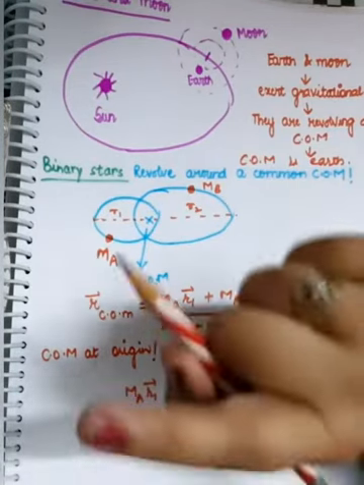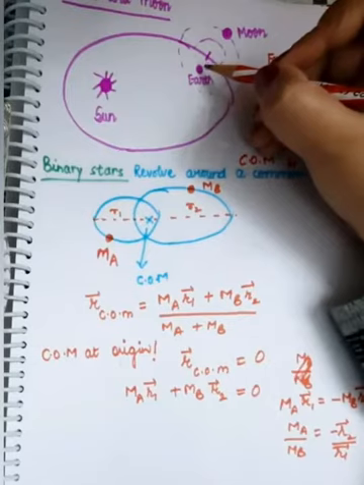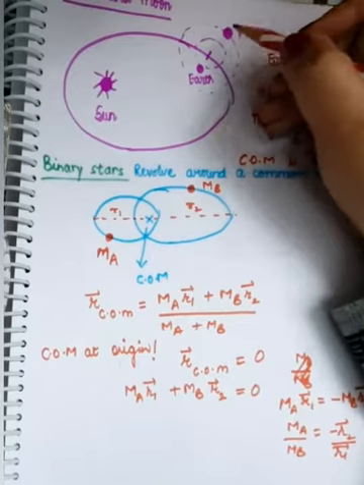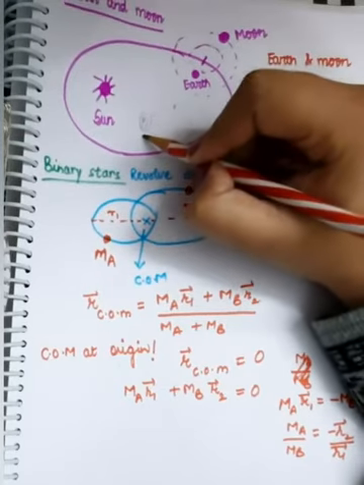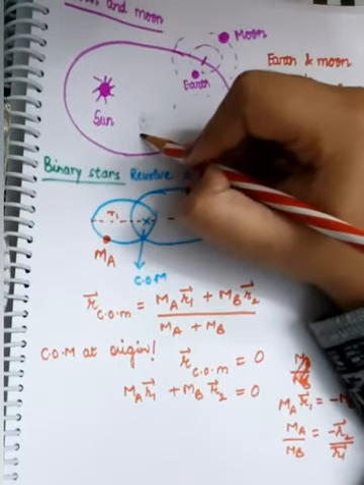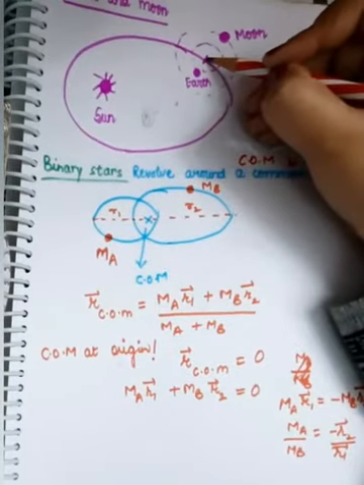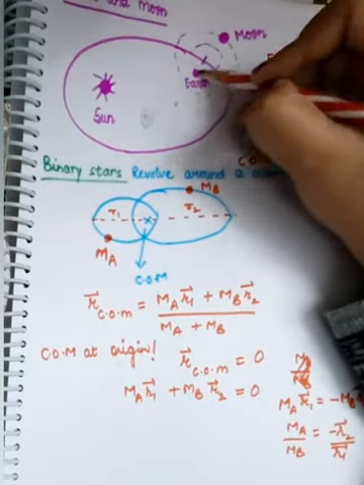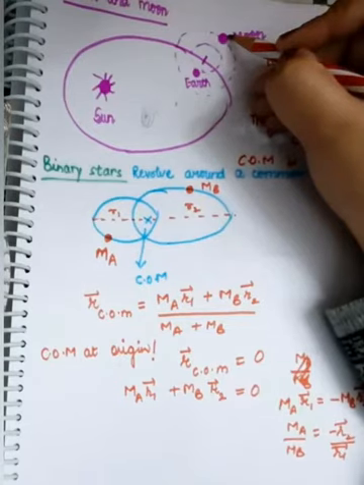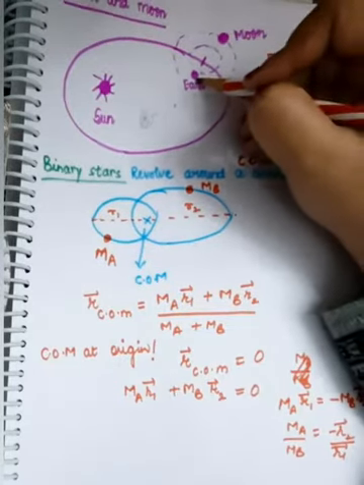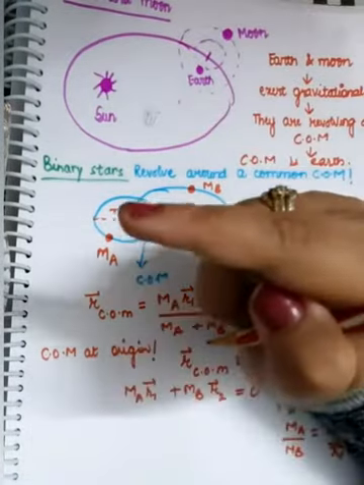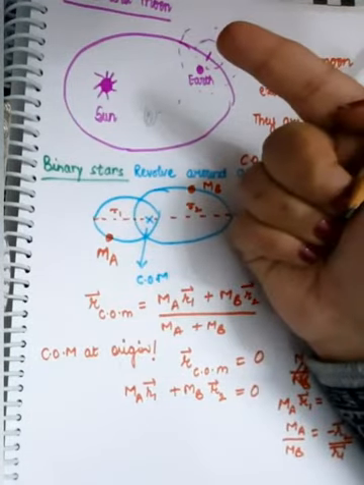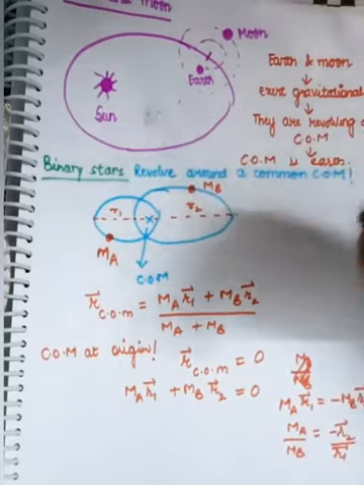But we should know that if we are trying to find out the center of mass for a two-body system, like a two-particle system, the center of mass always lies closer to the heavier particle, isn't it? So the center of mass will lie very close to Earth as compared to the Moon. But the Earth is so much heavier than the Moon that the center of mass coincides with Earth, kind of. And Earth itself becomes the center of mass now, and the Moon is revolving around it.